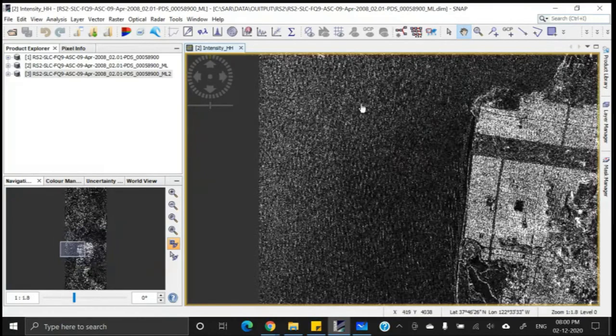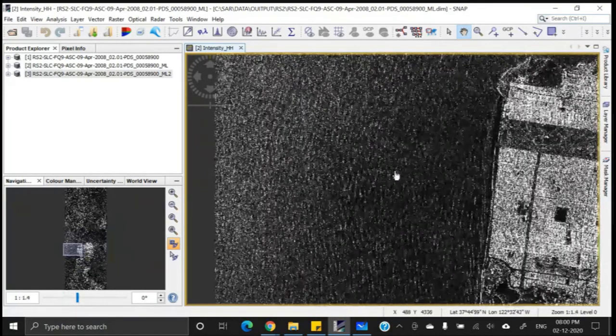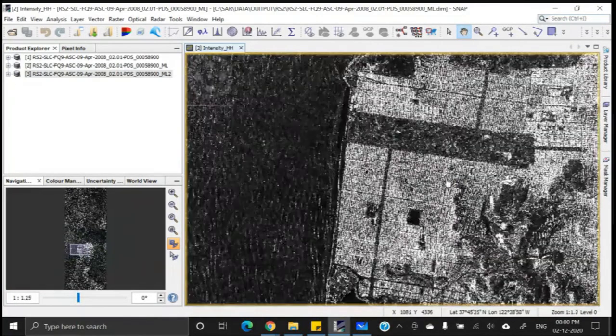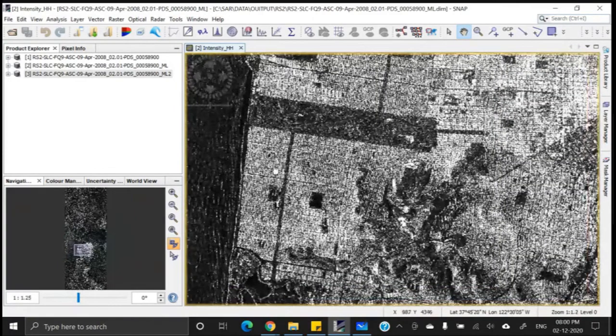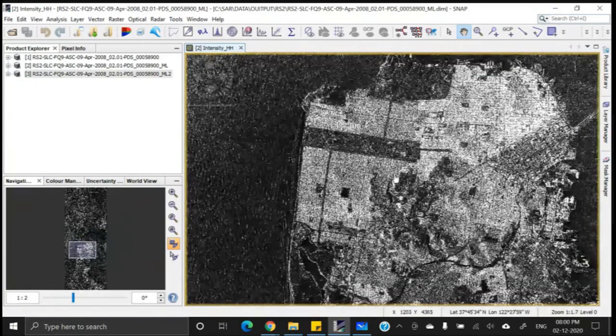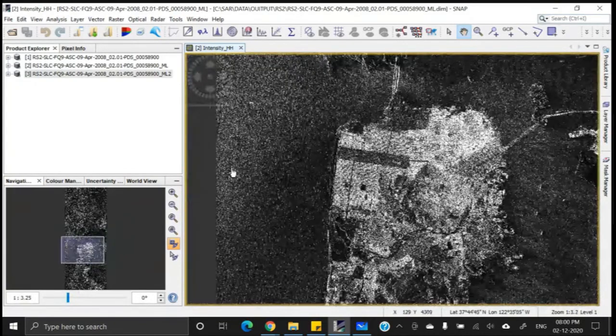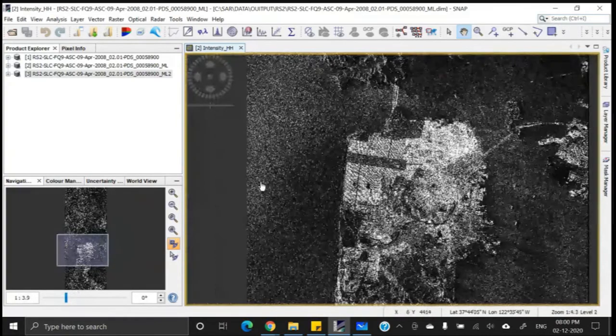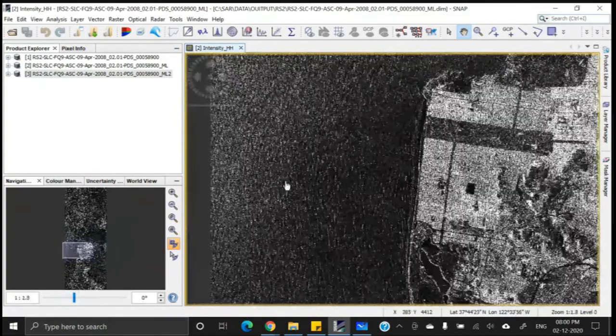So for the homogeneous area, we should have the same pixel values for all of the pixels, since that surface material is the same. And definitely for this area where we have the heterogeneous land cover, pixel values will be different. But as you can see, if you take a cross section over here, you do not have the same pixel value, or rather at least similar pixel values for the homogeneous areas.